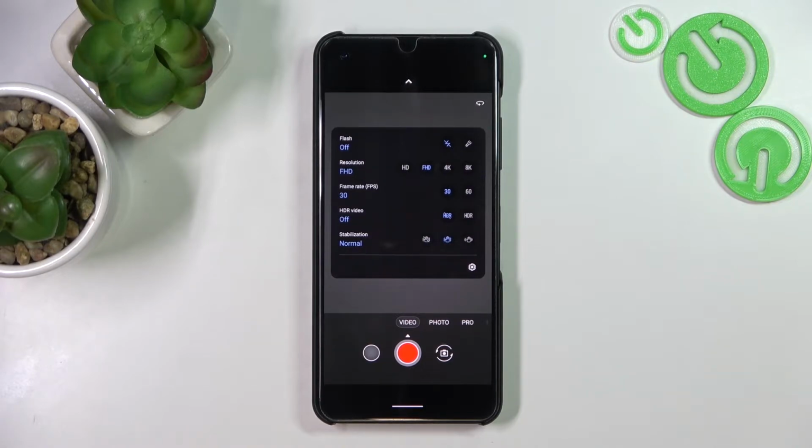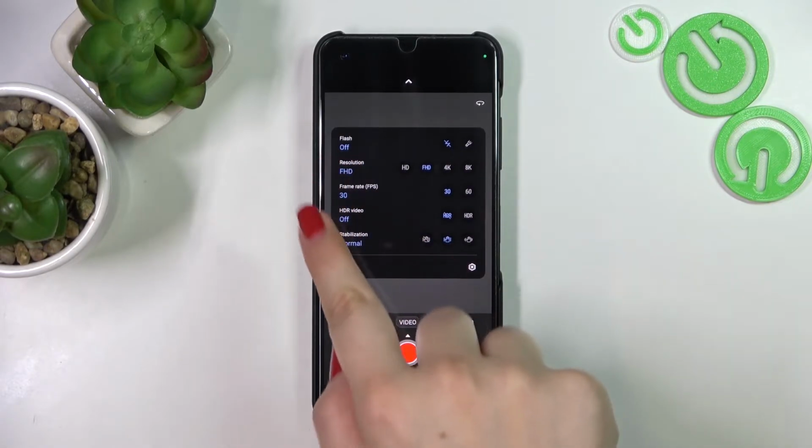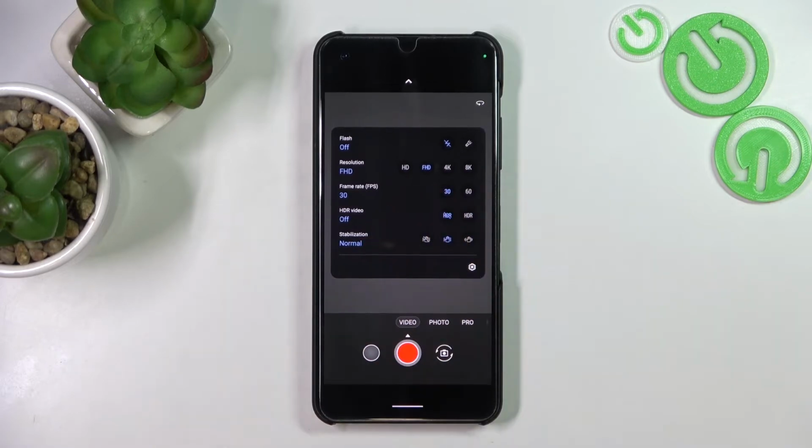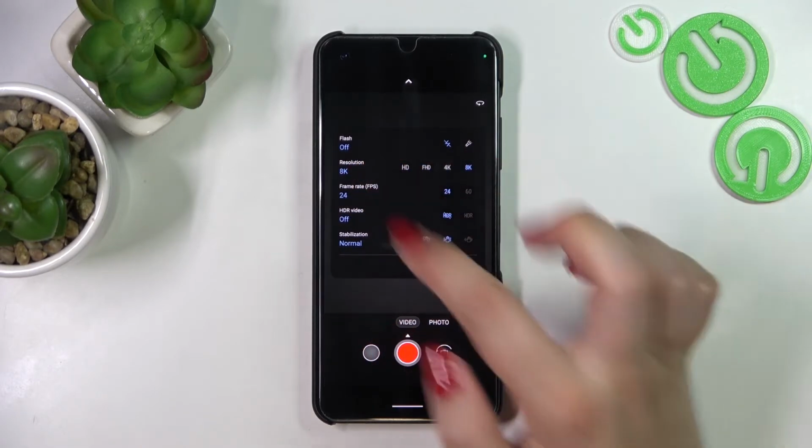Right now we've got the FHD option applied. Not only it is notified right here, but also those icons are highlighted in this bluish color. So basically all we have to do is to simply tap on the option we'd like to use in order to change the resolution. So let me pick, for example, 8K, and as you can see, it will be immediately